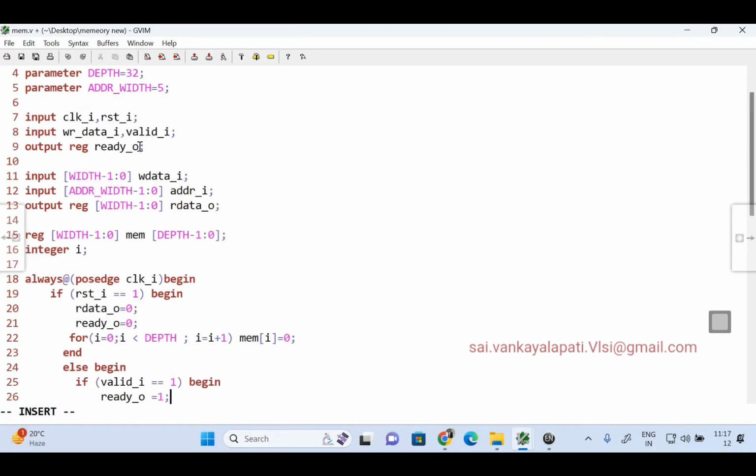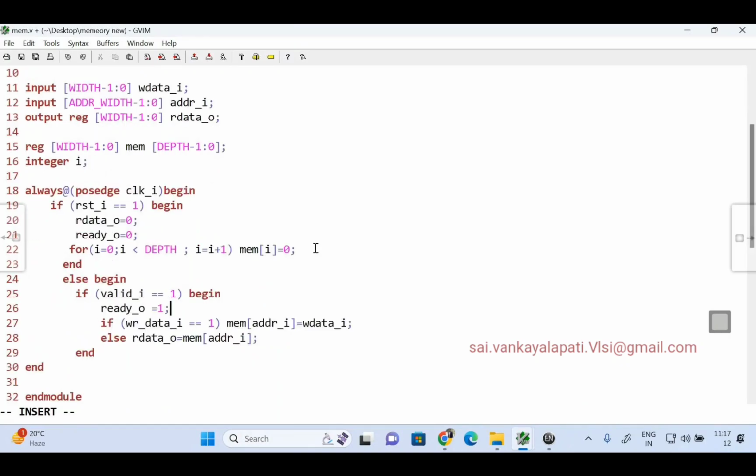You understand this design file, right? Based upon what you are understanding, write the test bench to this. Generate the input and apply the input to this. You see the read operation and write operation. And then we'll see a few more concepts with the memory, concepts like front door access and back door access. What is the use of front door access and back door access? We'll see that in the next session.